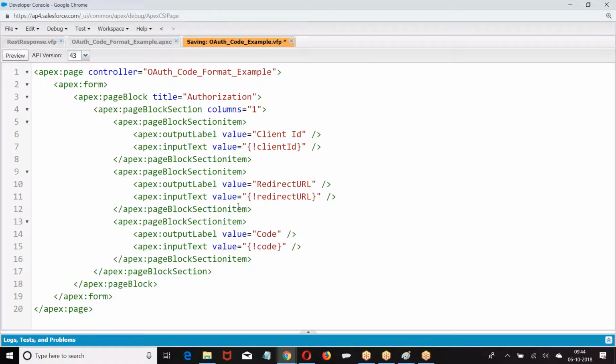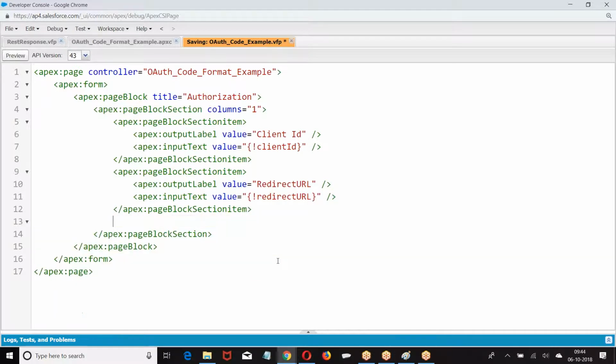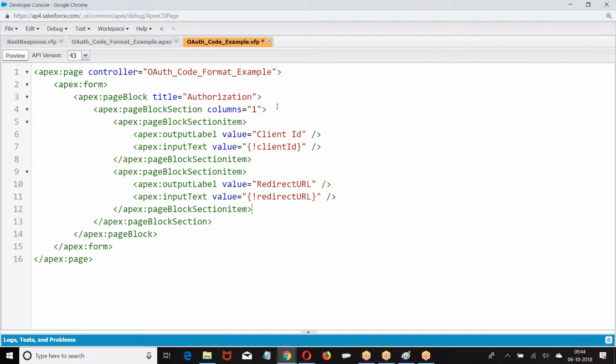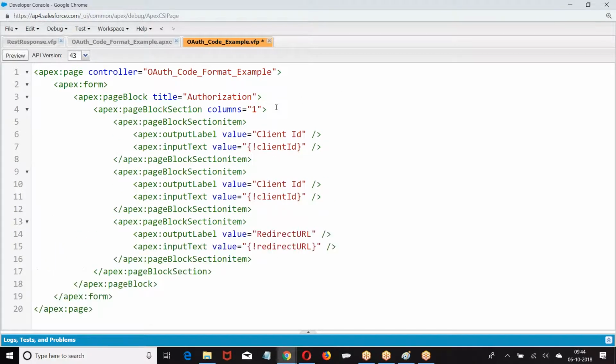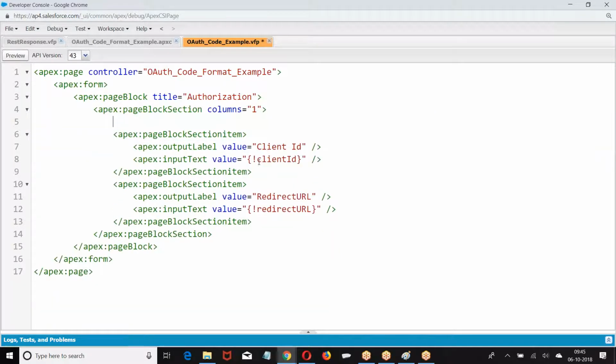First, let us take this. We don't require the page reference here. I give a client ID, client secret, and I'll display the endpoint URL. Okay. Now we are taking a client ID, client secret.